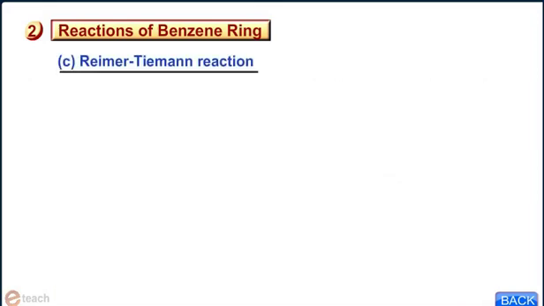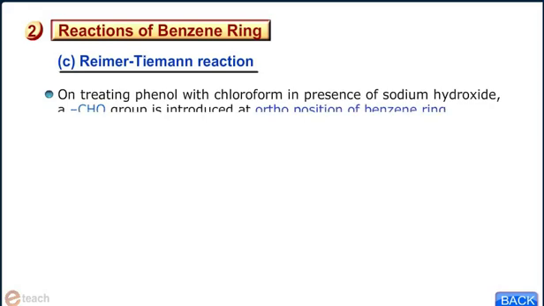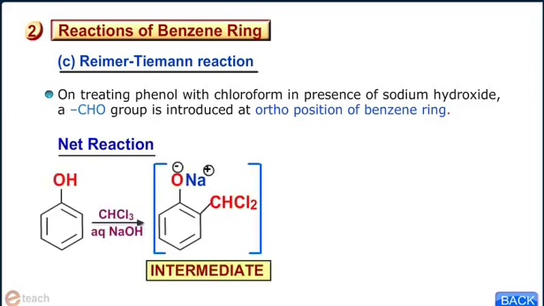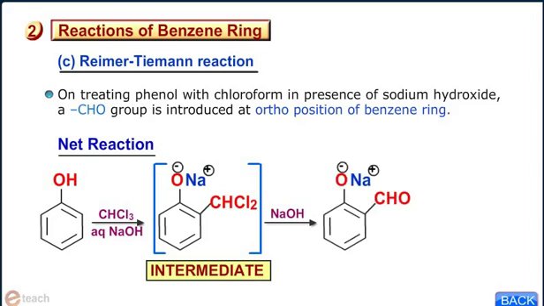Reactions of benzene ring. The third reaction is Reimer-Tiemann reaction. On treating phenol with chloroform in presence of sodium hydroxide, a CHO group is introduced at ortho position of benzene ring. The net reaction is C6H5OH in presence of CHCl3 and aqueous NaOH gives